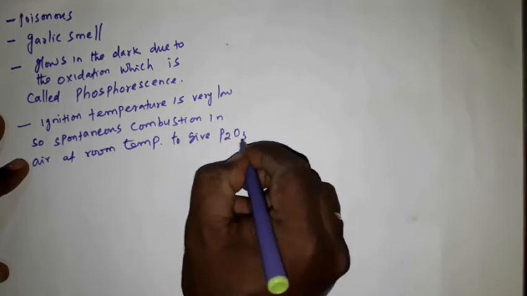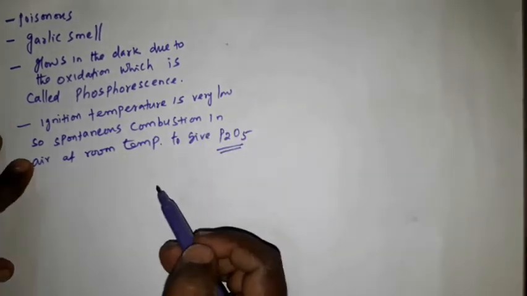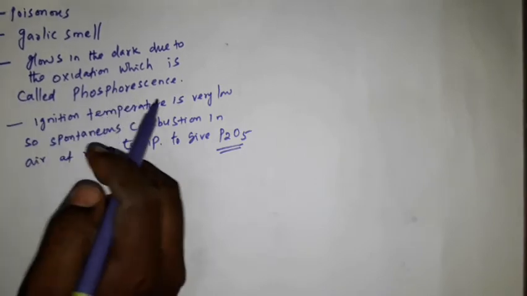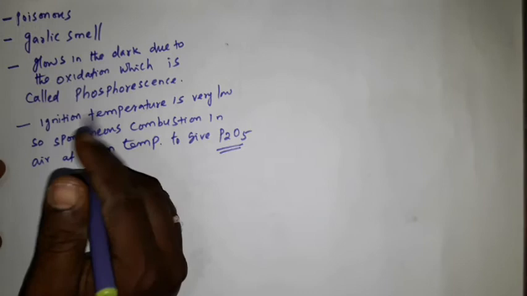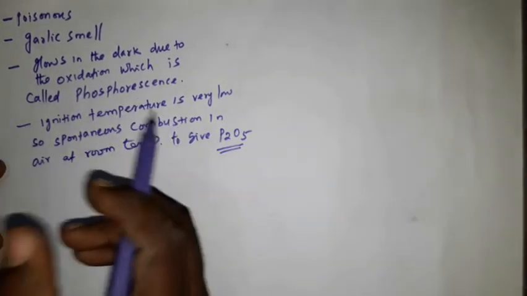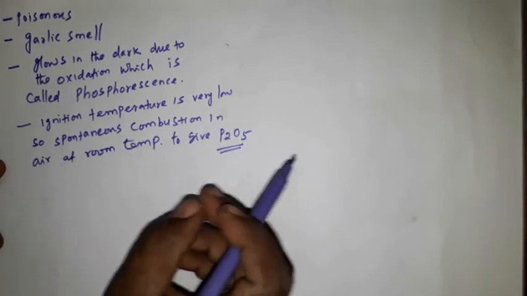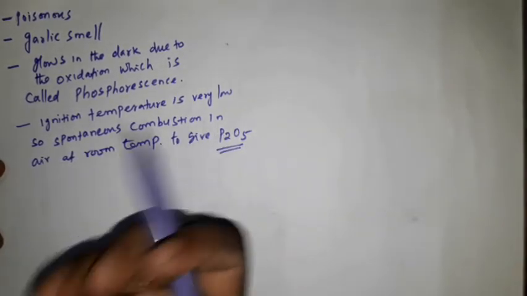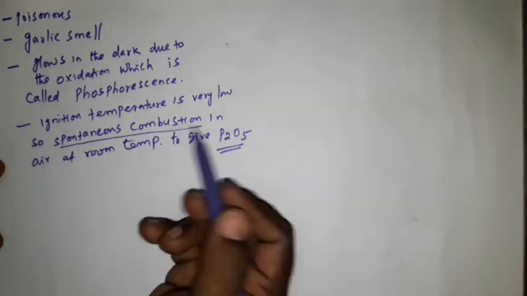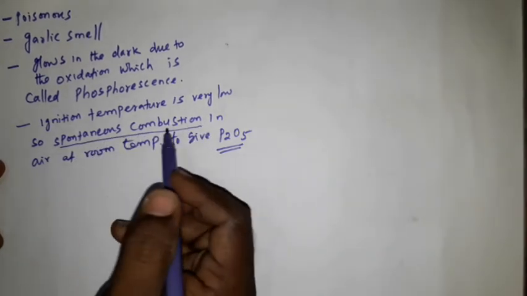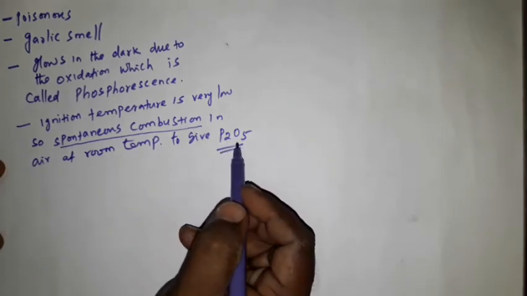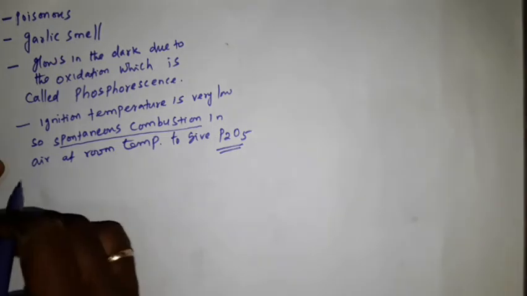phosphorus pentoxide, P2O5. See, that ignition temperature needs only a very low temperature to catch fire, so there is no need to make it fire. At room temperature, if you keep that phosphorus for some time, it automatically catches fire, so it is called spontaneous combustion without any help. So that is called spontaneous combustion in air at room temperature. It will produce phosphorus pentoxide. Okay. Then